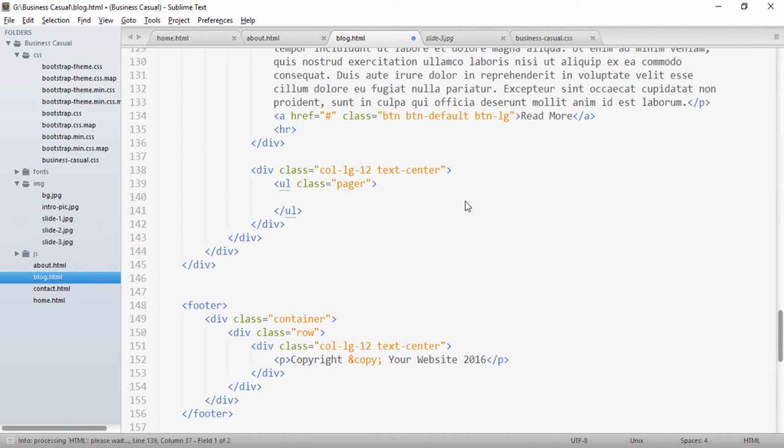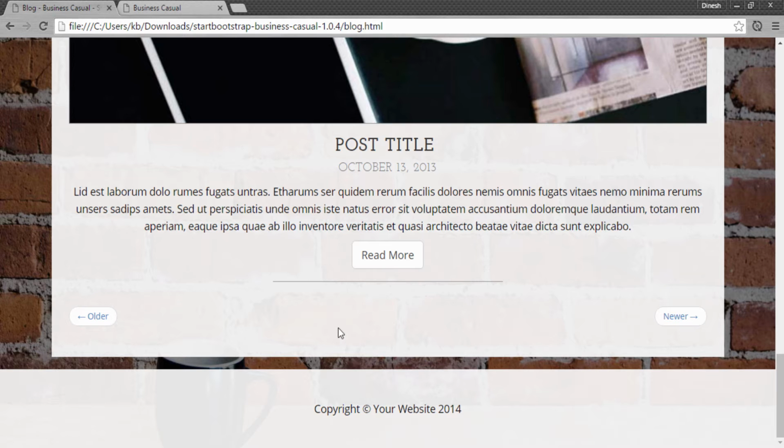Now this pager is a Bootstrap class, and after providing this class, it has basically 2 links, so we'll create 2 list items, and to the first we'll provide a class of previous because first we'll create the link for older posts, so we have to give a class of previous to it, and then inside this we'll create an anchor element because it's a link. So if I show it to you on the browser, then you can see there is an arrow and a text.